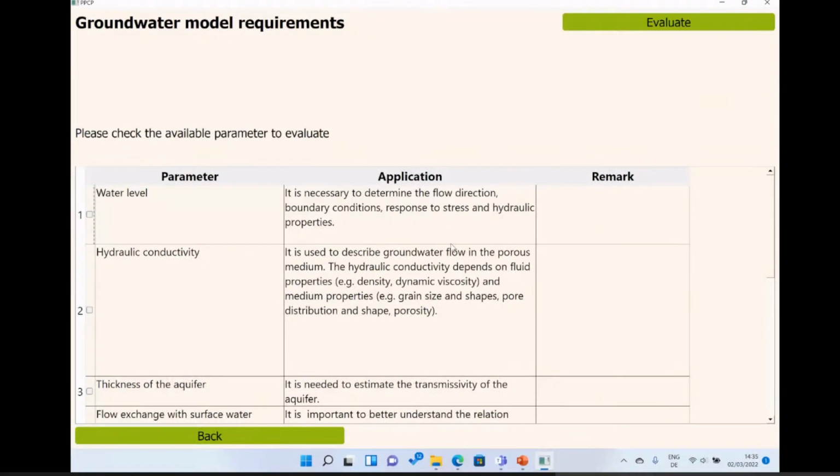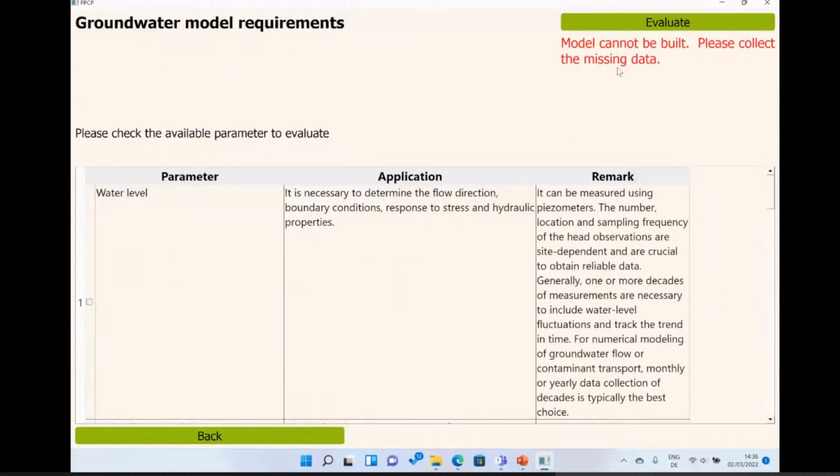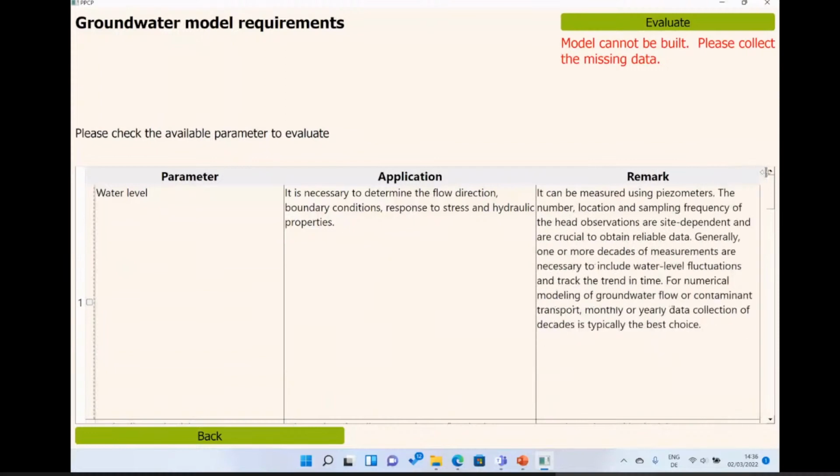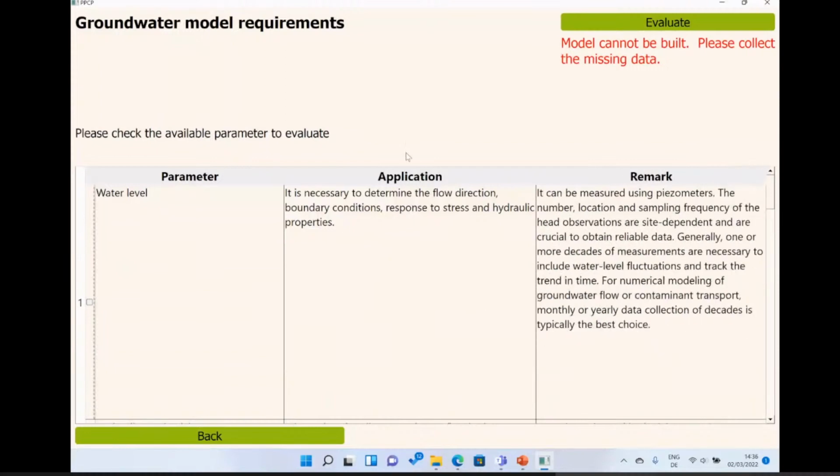But the layout and the system are exactly identical to the way I showed you. If you don't have any parameter, you don't have to select anything. You can keep it empty and hit the evaluate button, and then modePROCON will tell you that it cannot be built without this parameter, and it will also suggest a very prominent or common way of finding those missing data.